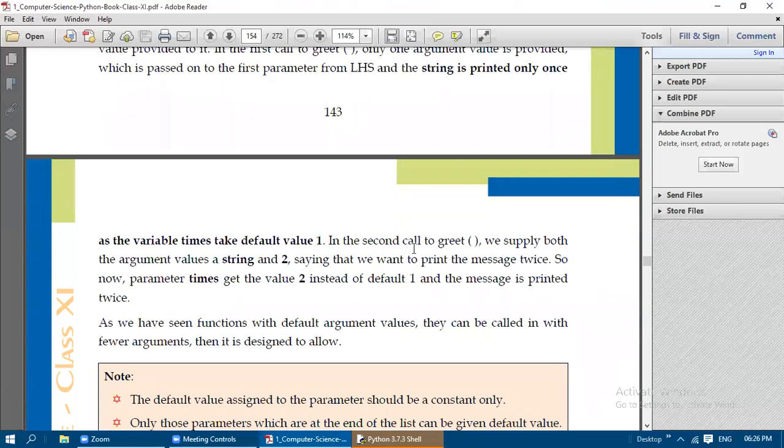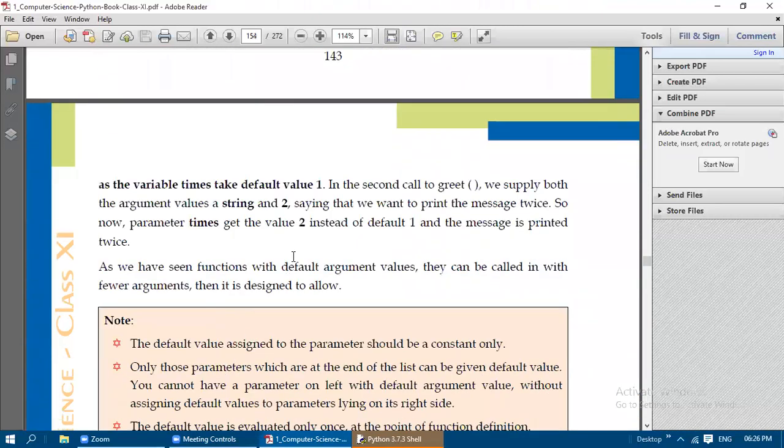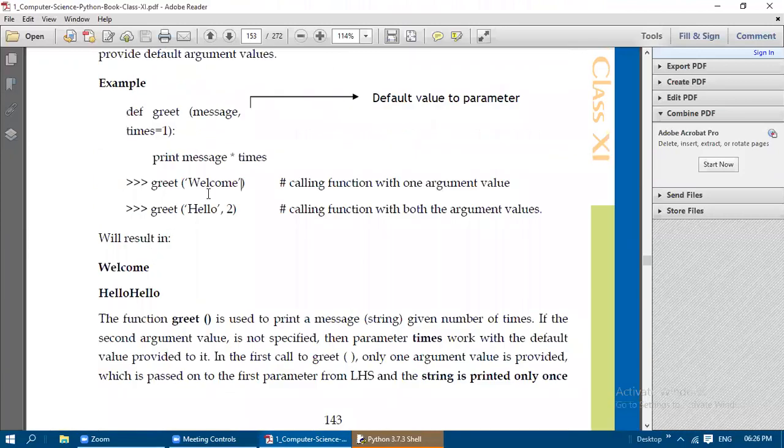In the second call to greet, we supply both argument values, a string and 2. See here, hello and 2 are both passed, saying that we want to print the message twice.